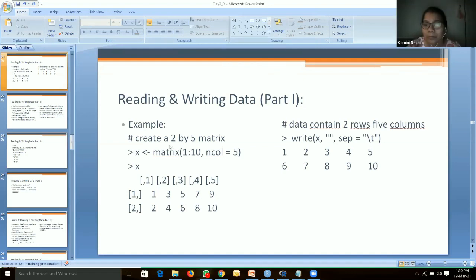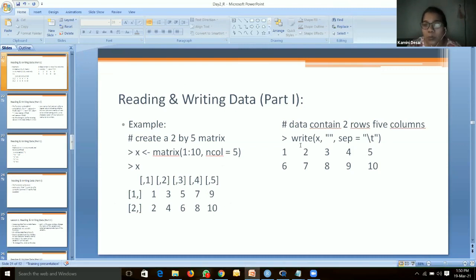Yes. So create a 2x5 matrix, giving the matrix values from 1 to 10. It will take the numbers 1 to 10, with ncol equal to 5. By default, it will take 2 rows, the numbers are split across two rows, and with columns equal to 5, the data contains 2 rows and 5 columns.